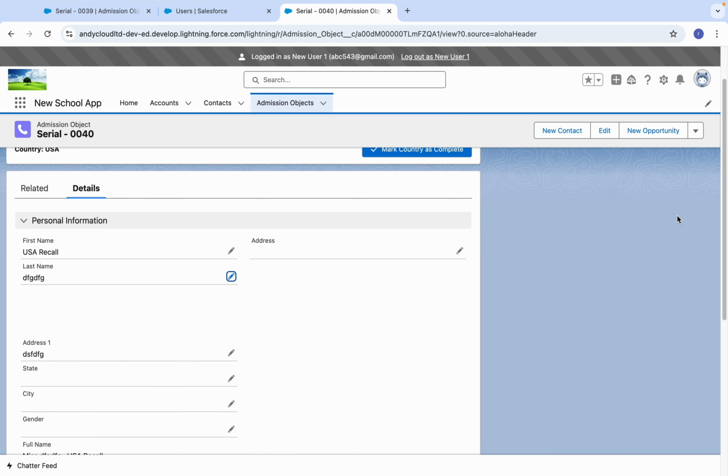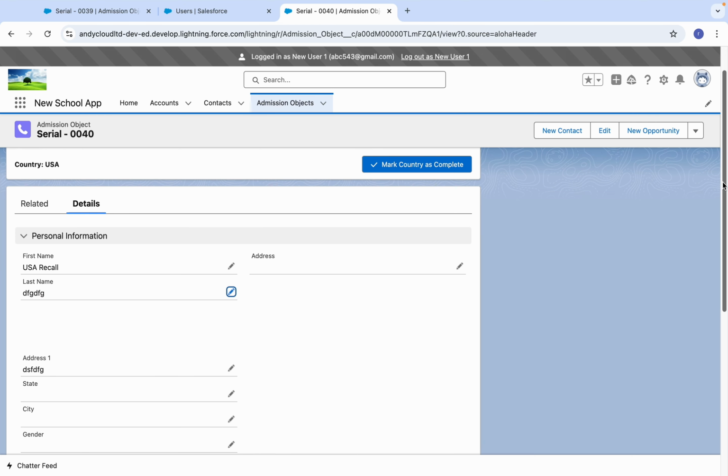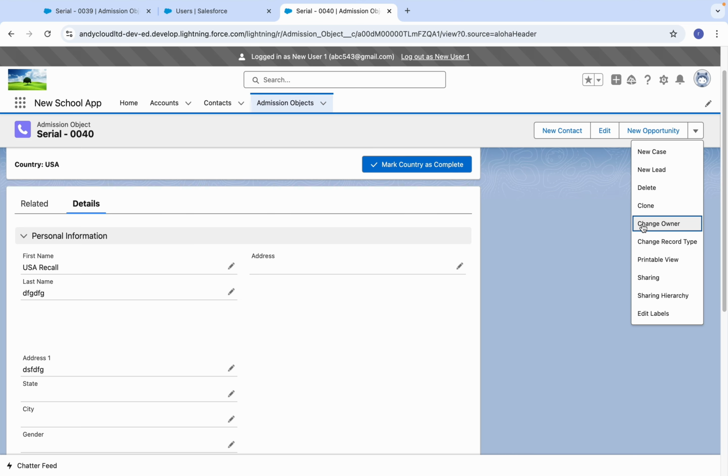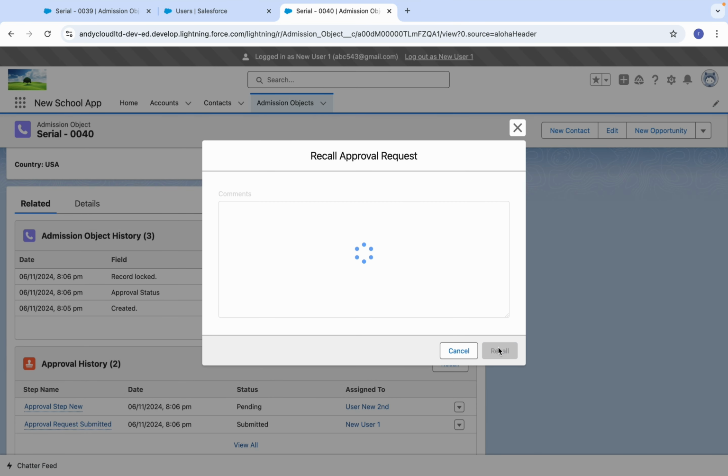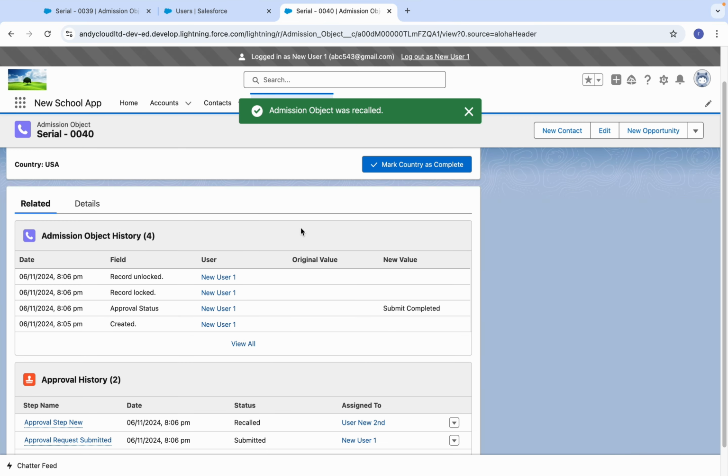Okay, so now suppose we have mistakenly added wrong information. We want to recall before approval and make the changes. So let's go in the related, recall. You can add any comments. So it's recalled now. Okay, record unlocked, it's showing.